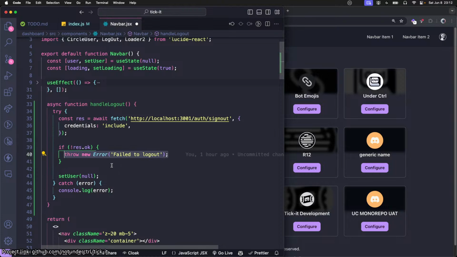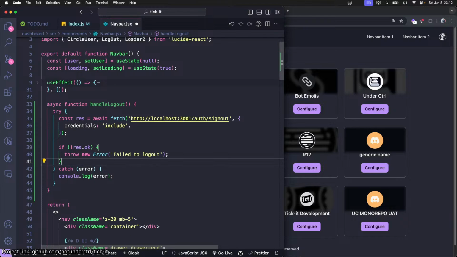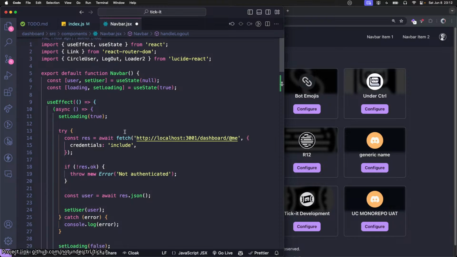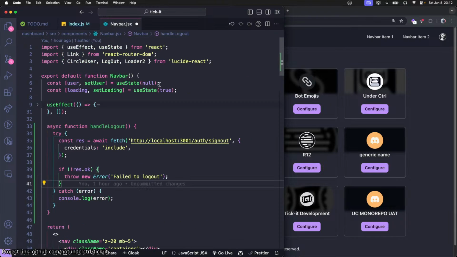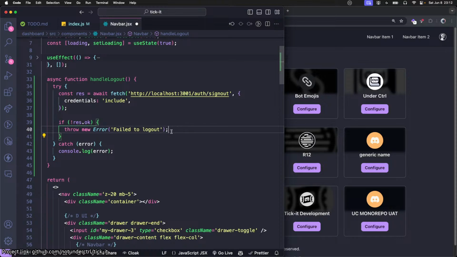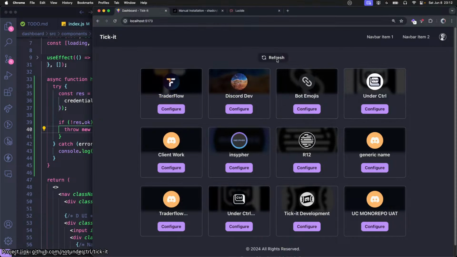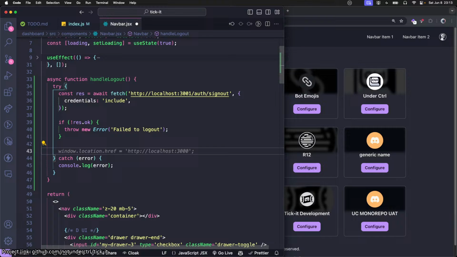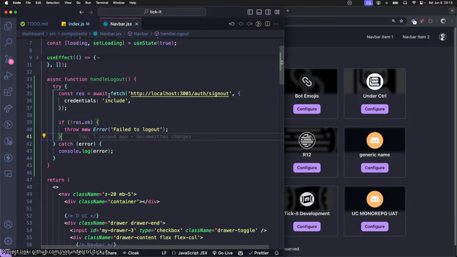Actually, you know what? No, let's just do this. We don't have to set the user to null because we're going to refresh the user anyway, so the state is going to get reset. I don't want to do that because, well, no, the guild redirected. So I think it's fine even if we set the user to null. But anyway, this is fine. So we're going to do, okay, we don't have to worry about it, I guess,